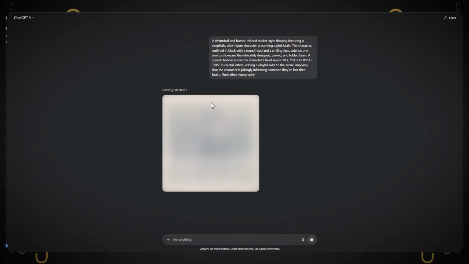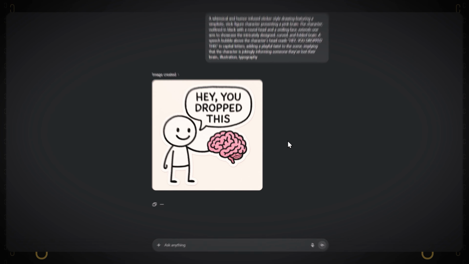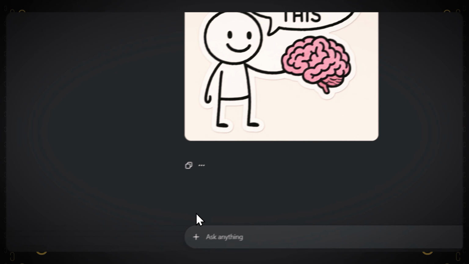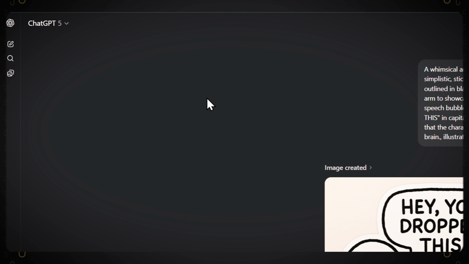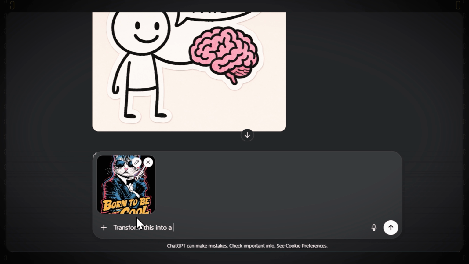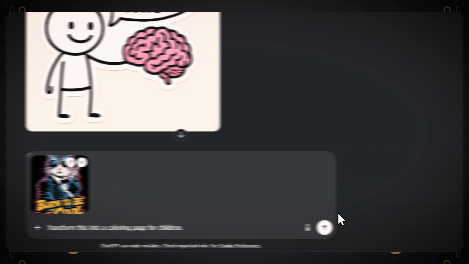Wait for a few seconds to finish, and voila, here it is. But remember to ask for adjustments if needed. Another cool trick is that you can adjust the style of existing images. For example, you can upload a photo and ask the AI to turn it into a coloring page. Get creative. You can make almost anything